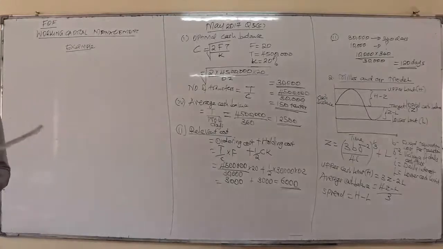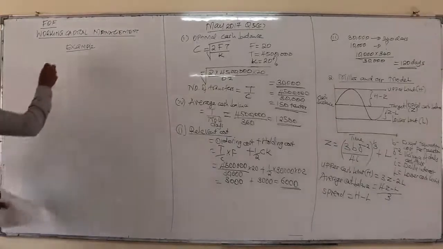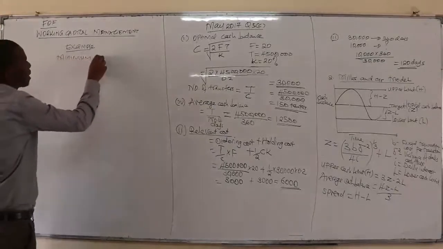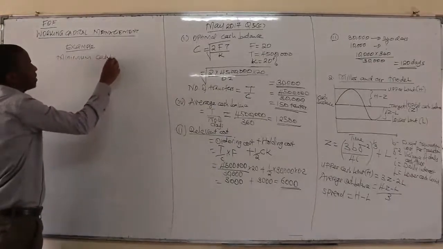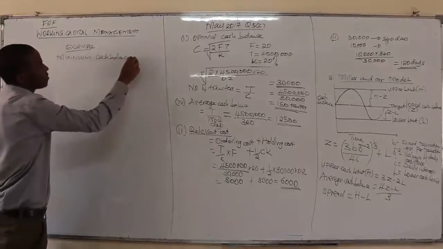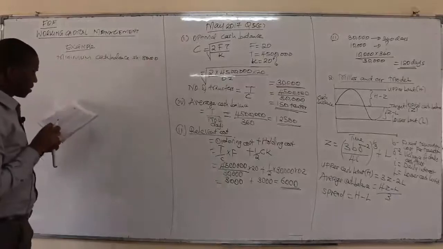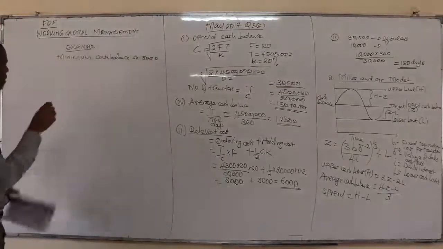Number one, the minimum cash balance is shillings 8,000. Number two,